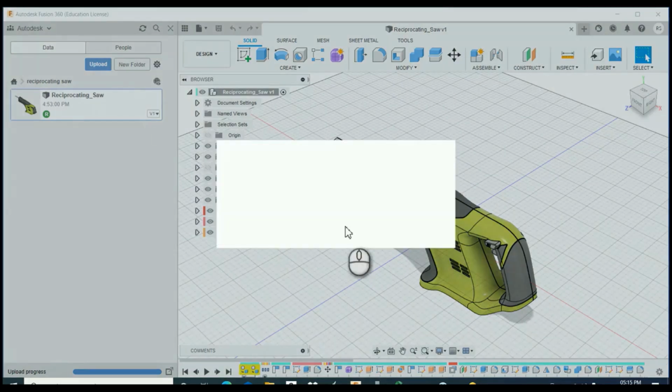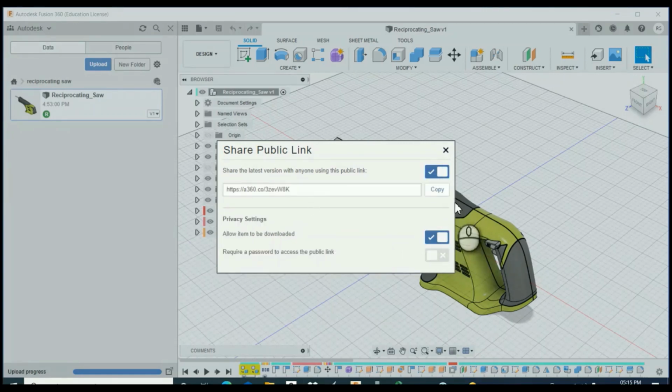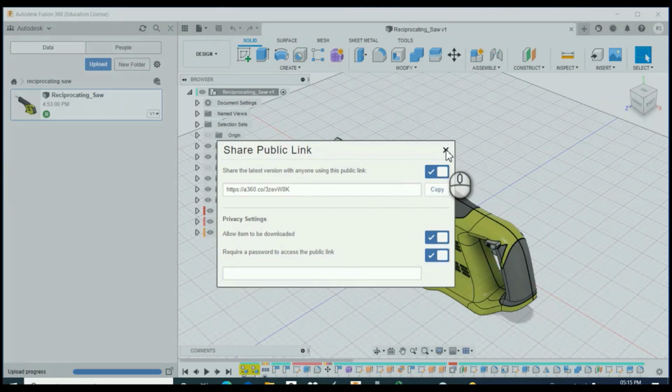Click share publicly, then allow the access, and if you want it to be downloaded, you can allow that also. After the link is generated, copy and send it to your friend. Also, you can create a password for this.